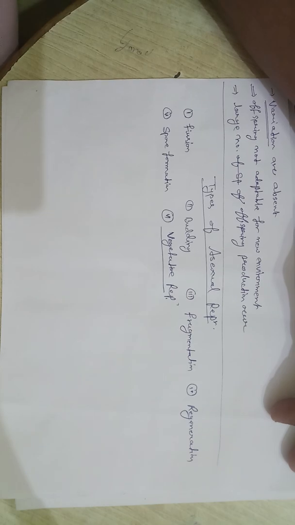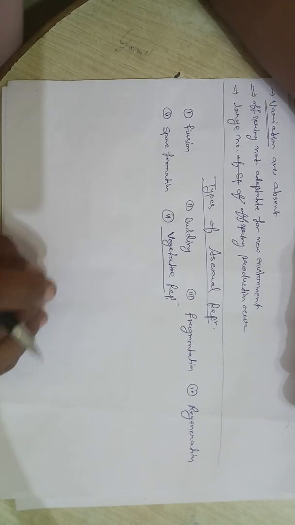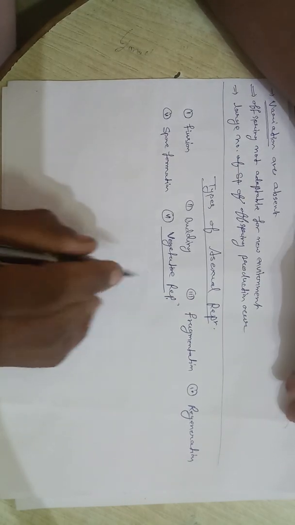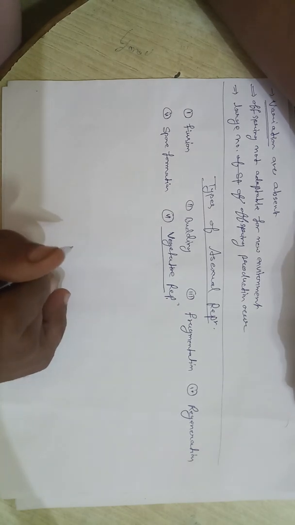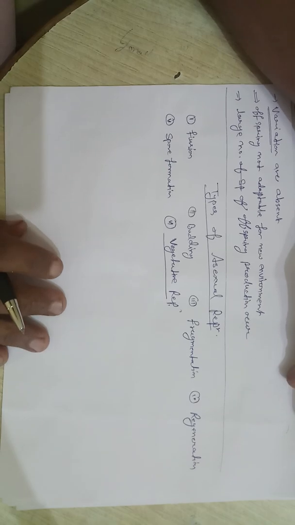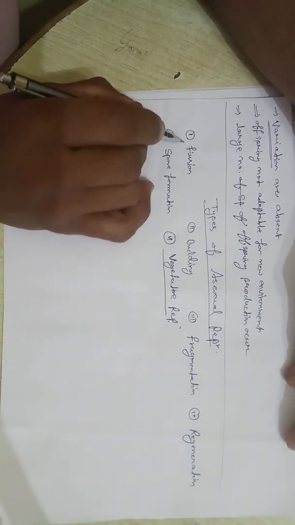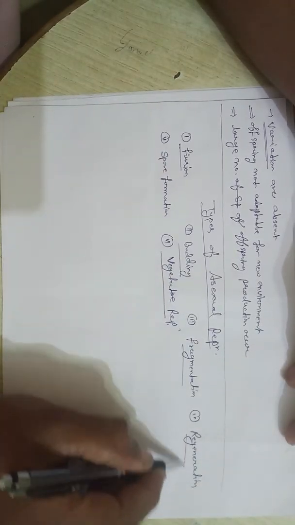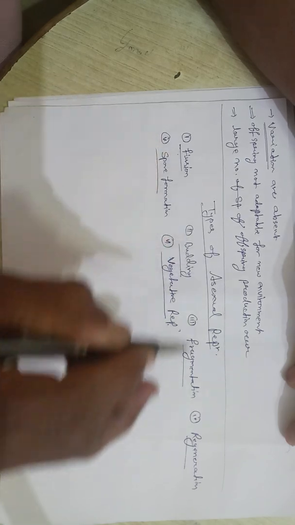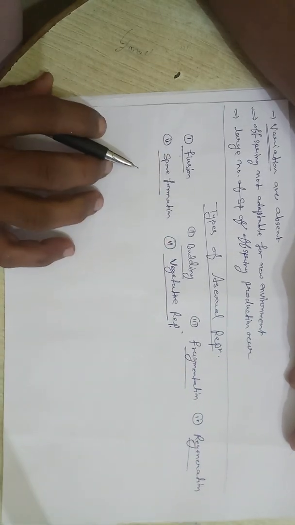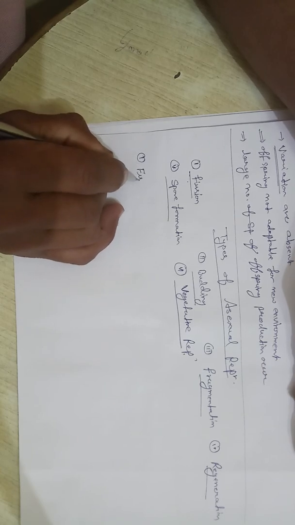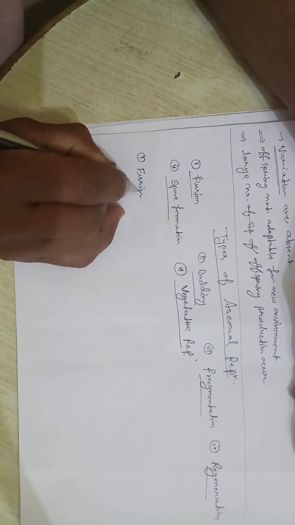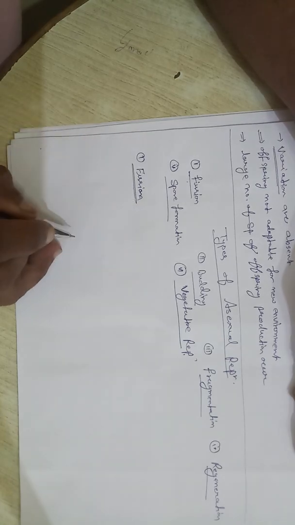Okay, vegetative reproduction is another type of reproduction which is present in lower categories and mostly in plants. So we discuss these parts of asexual reproduction: fission, budding, fragmentation, regeneration. So now the first is fission. Fission, it means when the